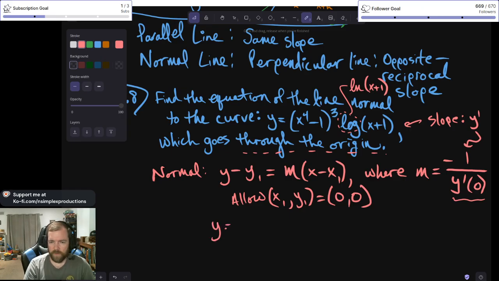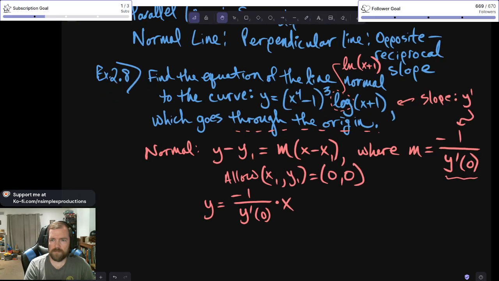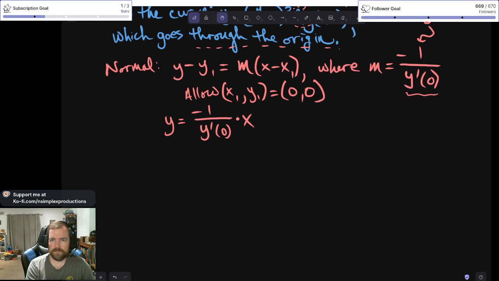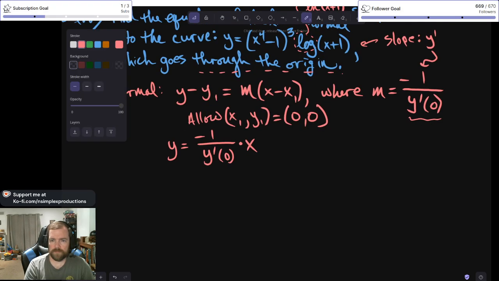So now y is equal to negative 1 over y prime at 0 times x. Okay. So y prime of x as a function of x is going to be the derivative of this thing, which,